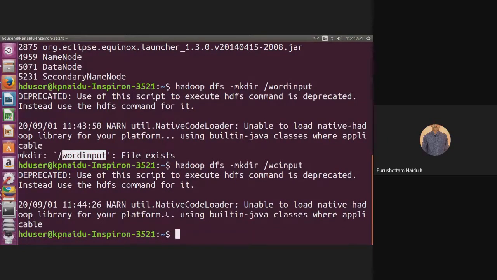Now in our HDFS, I am creating one directory called WC input. To this directory, I have to move our input file. So where is our actual input file? Our input file is on the desktop.